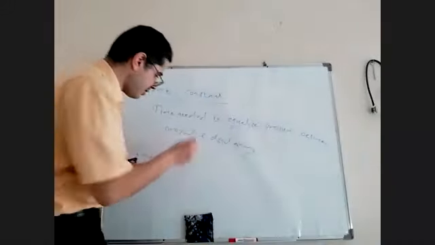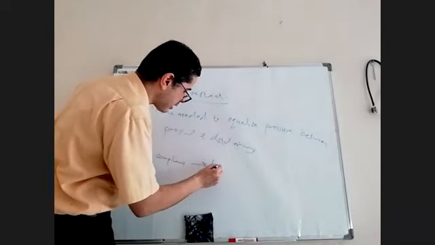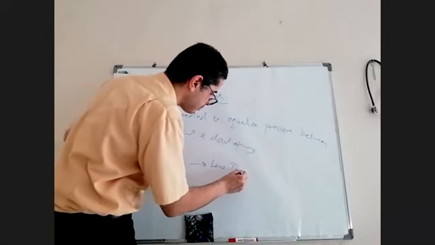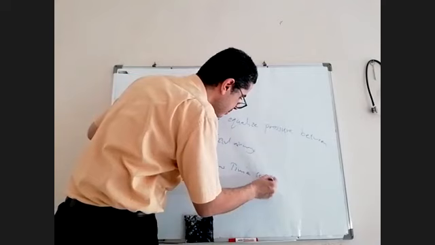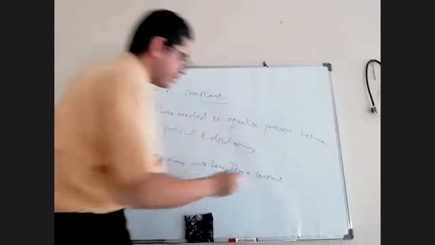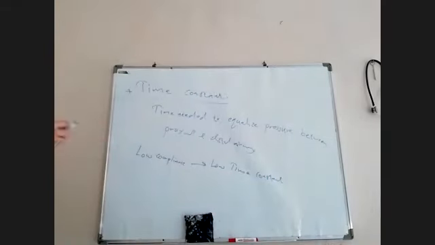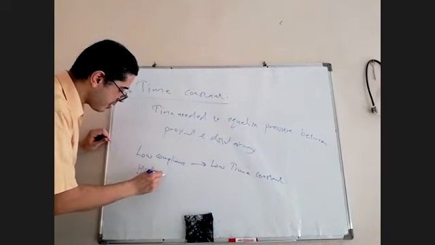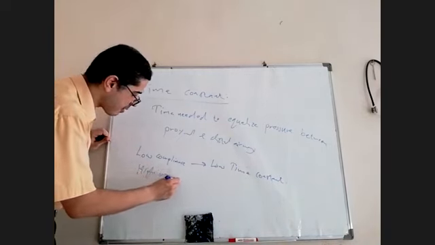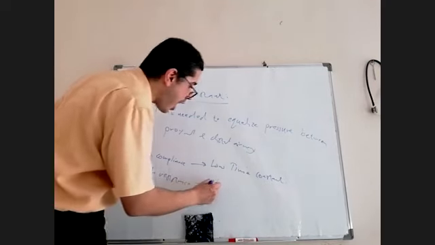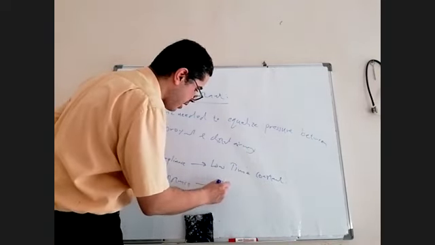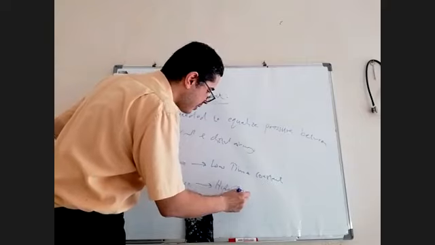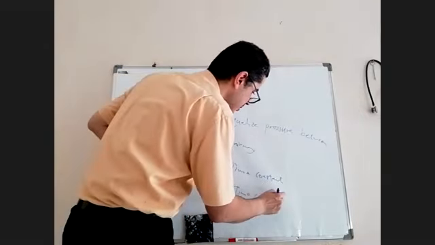Low compliance means low time constant. And this is very important in ventilator strategy. If I have high resistance, I will have high time constant. Why? Because when I have resistance,